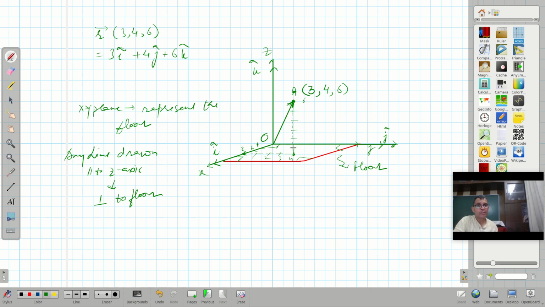This is perpendicular to this. Also, if I draw a large number of lines, say it is a floor. Suppose this is a floor. This represents a floor. Any line which I have drawn is always perpendicular to the z-axis. Say it is a z-axis,